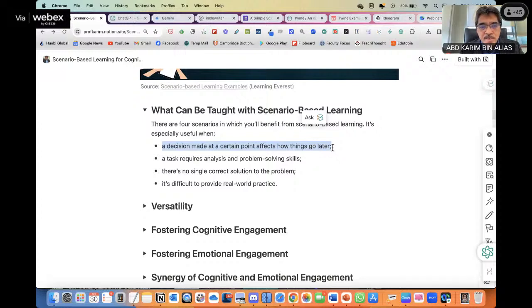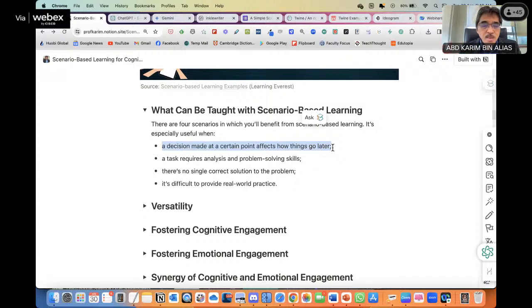So they will use the data and information, the facts, to analyze the problem given or the scenario given, looking at the context, the issues, and the data and so on. They will analyze and then they will make a decision.